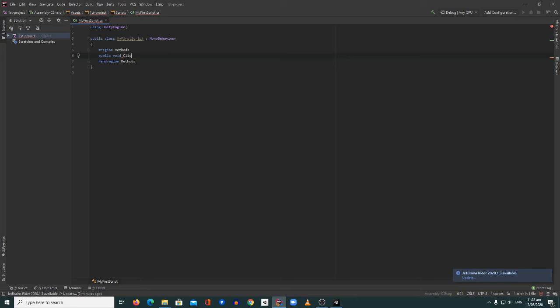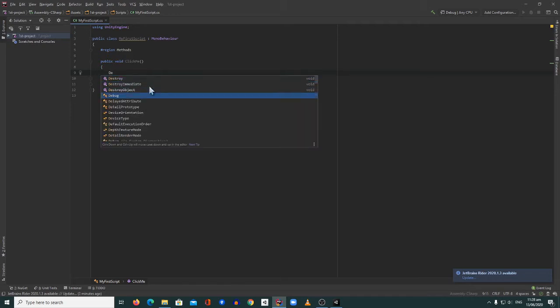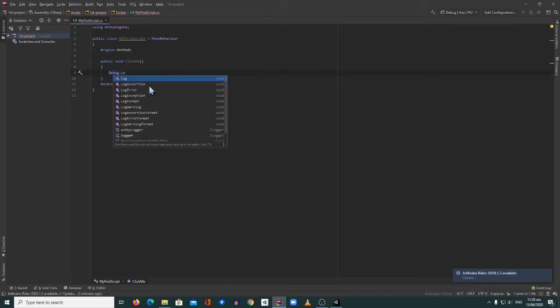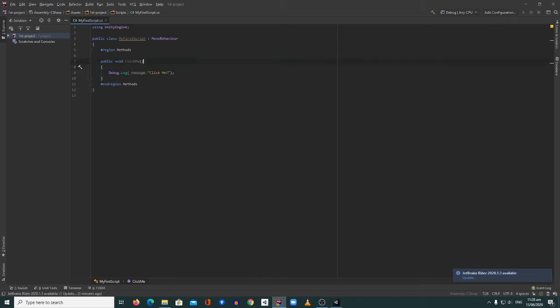So I'm just going to name it click me, and then in here we can put our debug log. Debug log is a way to show some logs on our console view. For example, click me, you put click me here. So this is our first method,